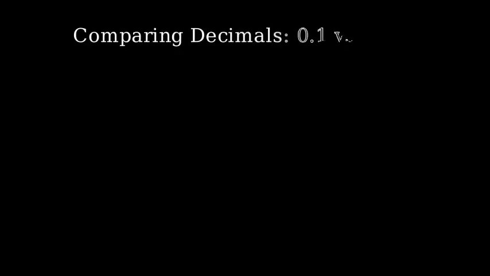Today we'll compare two decimal numbers, 0.1 and 0.125. Let's start by understanding these two numbers in their decimal representation. To compare them effectively, we'll ensure they both have equal precision by looking at their decimal places up to 3